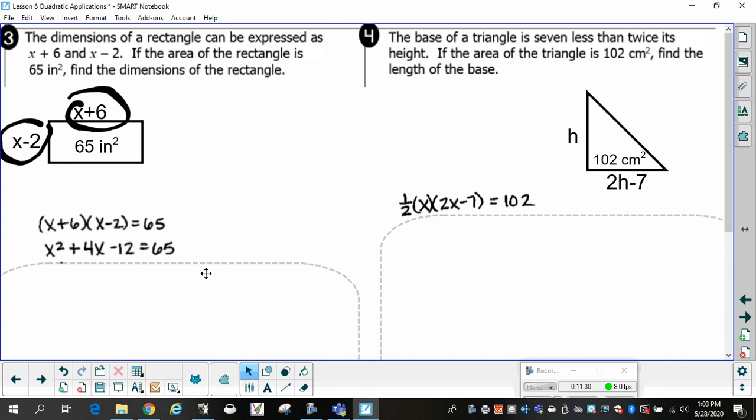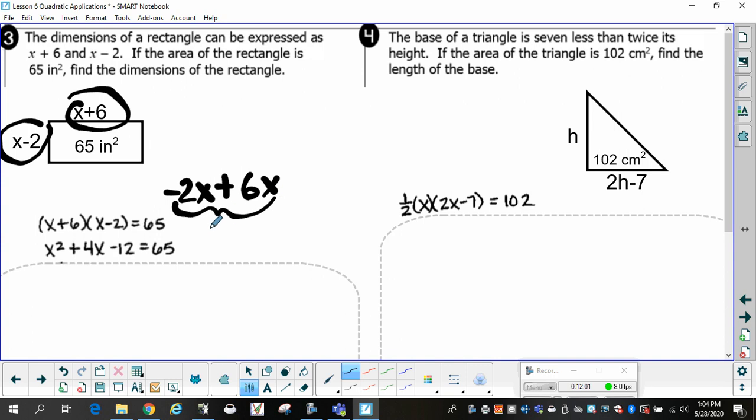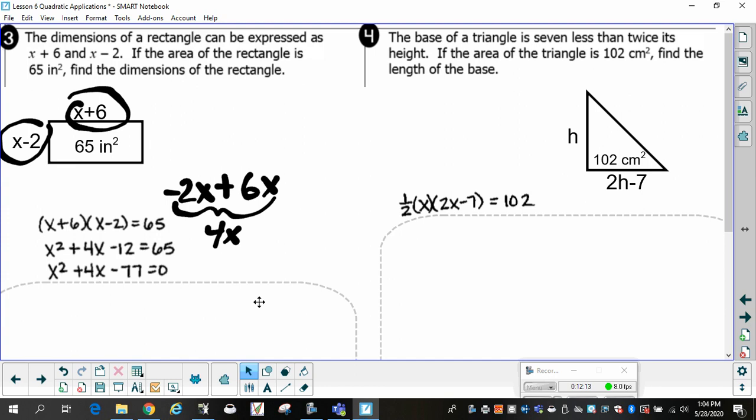Then I have to FOIL that. x times x is x squared. Then I'm going to get negative 2x, and 6x is plus 6x. This right here is how I got 4x, which is there. Okay, now I'm going to subtract 65 from both sides, and I wind up with negative